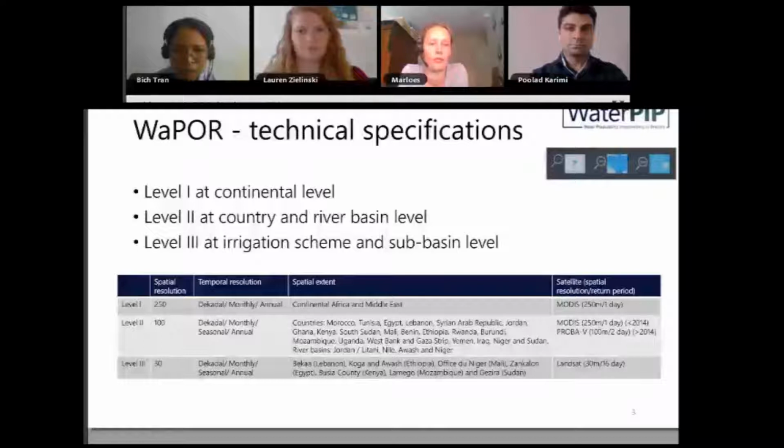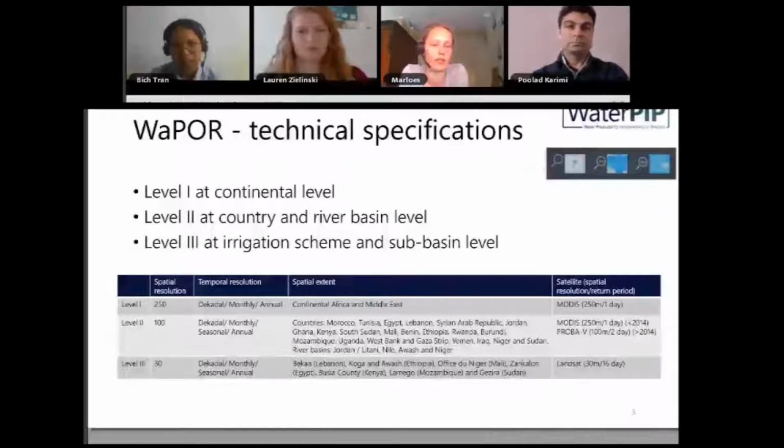And also for 5 river basins, the Jordan, Litani, Nile, Awash, and Niger river basins. And this is partly based on satellite information, also the MODIS data, and then resampled prior to 2014. And after 2014, it's derived from the PROBAV, which is a European satellite at 100-meter resolution. And then we have in specific locations for irrigation schemes and for the Awash, for instance, at sub-basin level, we